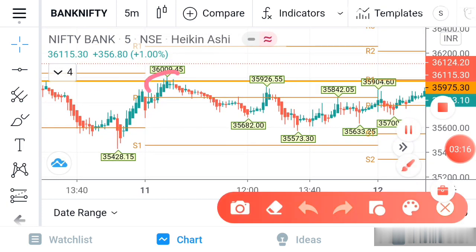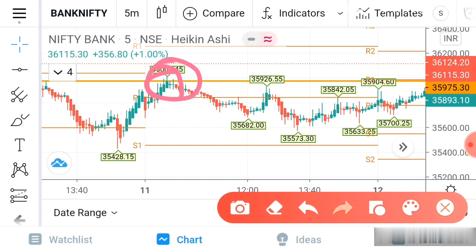So this area is the high area of 11th February. Only the high area we have to mark, and we have to consider only the body of the candle. The wick of the candle we should not consider. As I have marked, I have taken only the body of the candle, not the wick of the candle. So always we have to mark as a high the body of the candle, and now we have to identify